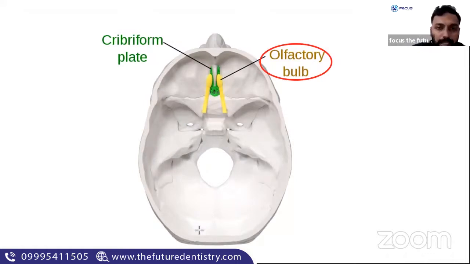So you have the foramen cecum, which is located in the frontal bone, just anterior to the ethmoid bone, and in the part of ethmoid bone by name cribriform plate, through which the olfactory bulb exits the cranium. So olfactory bulb is part of your first cranial nerve. Okay, so that is all regarding the anterior cranial fossa. So you have learned the bones, the foramen, the cribriform plate, and the olfactory bulb.